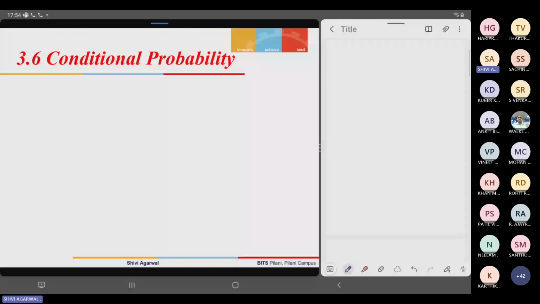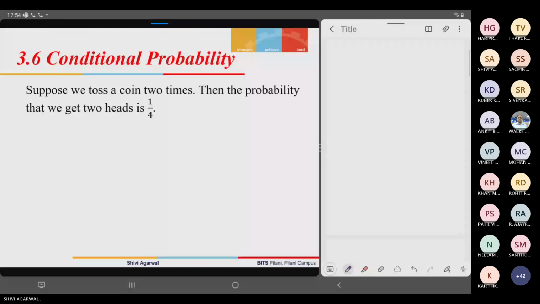In the last class, we were discussing simple probability. Now we are discussing conditional probability, section 3.6 in your textbook. By example, I am just explaining what the meaning of conditional probability is, when two events occur and one having the